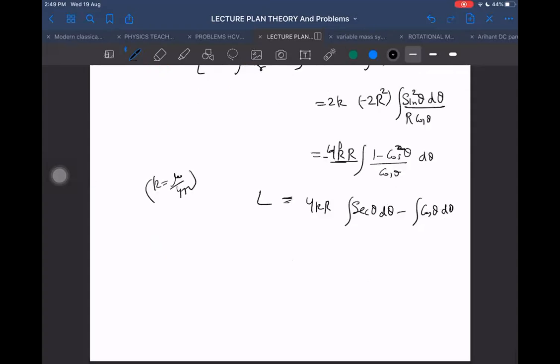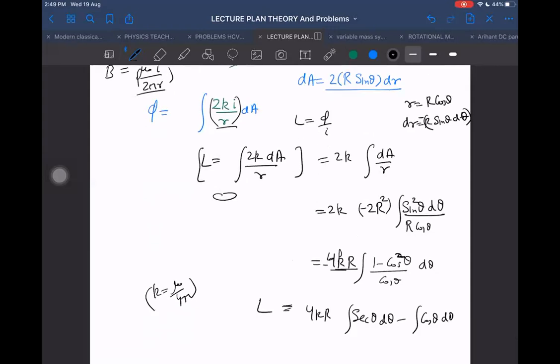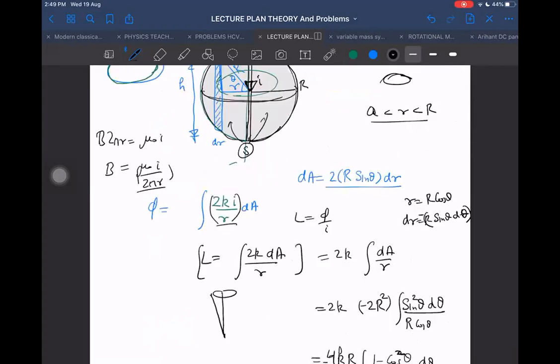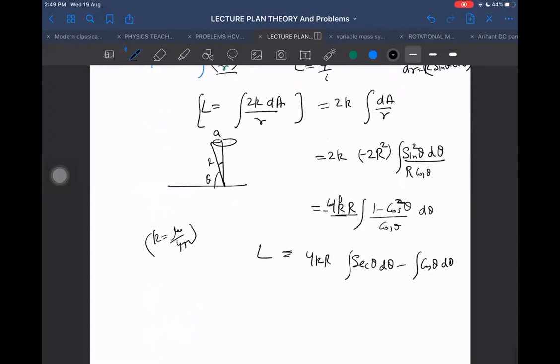Okay. Limits. Now we know that theta varies from what to what. I told you that, which angle have I taken as theta here? Let me check once. I have taken it with the horizontal as theta. If I have taken this angle as theta, then it goes from 0 to not 90 degrees, but a little less than 90 degrees. It does not go up to 90. It goes to a little less than 90 because it is a and it is R. So we can write it as cos inverse a by R.